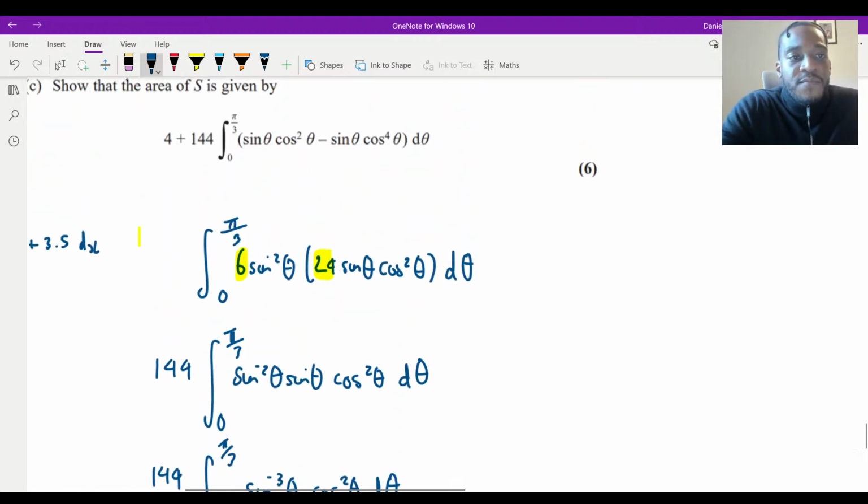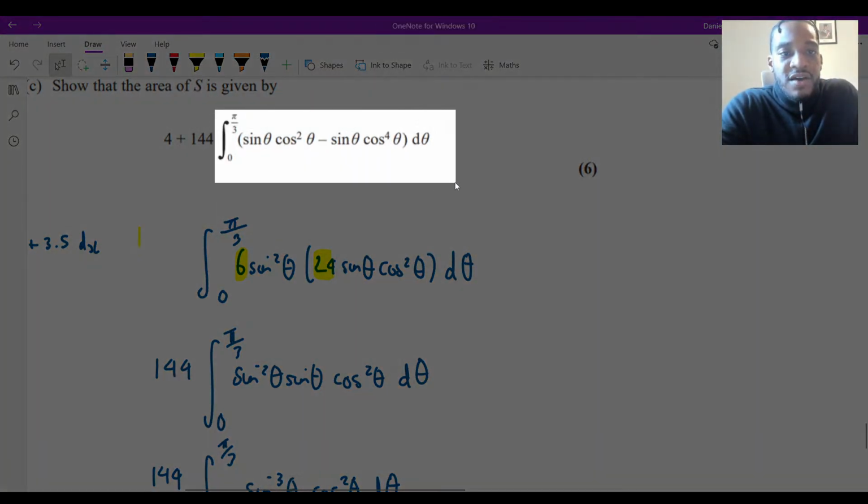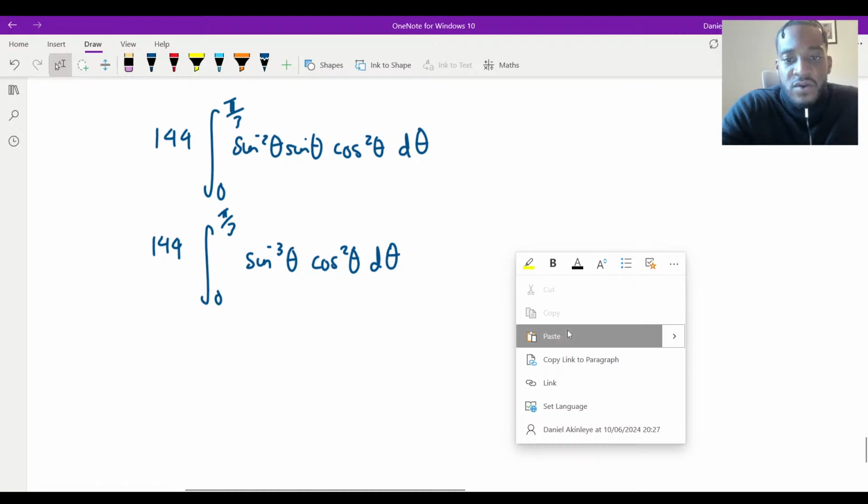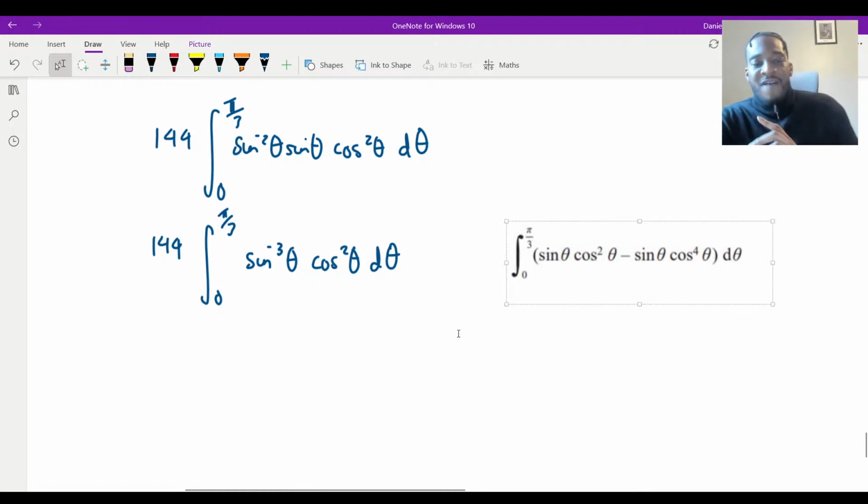Now, if I compare that with the show that, let me just get one more time and put it on the side. Now, when I look at that integral there, I've got a sine cubed, and they don't have cubes. They've actually got squares, and they've got a sine there, right? Now, if you ever see something like this again, this cube, because I've got squares there, you can actually just rewrite this. To be fair, I shouldn't have done that, because I could have just done it there. I've just gone backwards, but it doesn't matter.